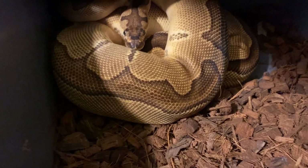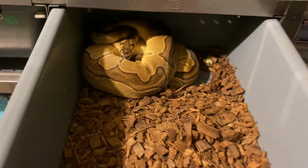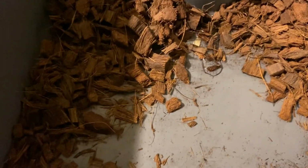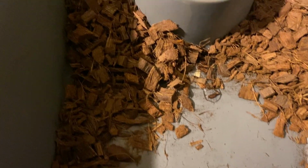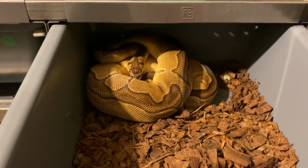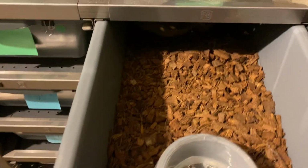But that's the size, as you can see, the size of the tub. She only takes a very small portion of it. You know, she can fully stretch, and she won't take the whole tub. Okay, so that's what a mouser looks like. Now, for comparison,